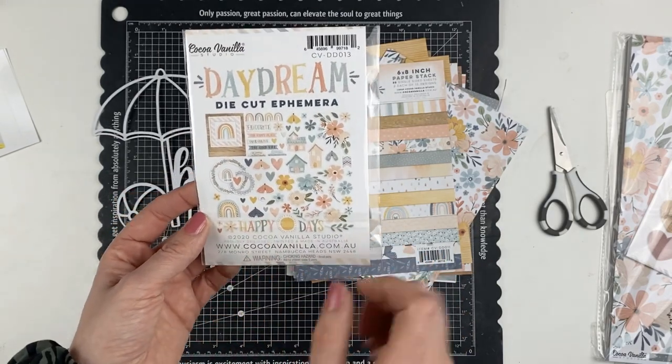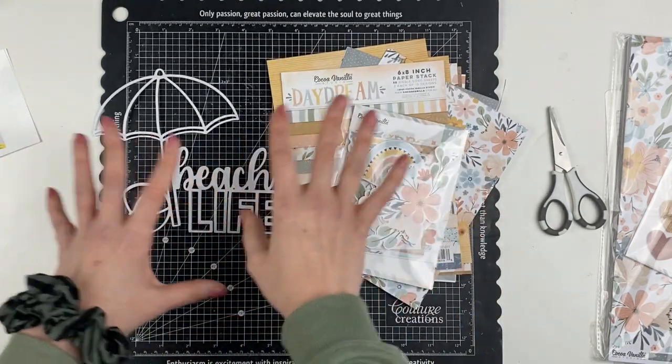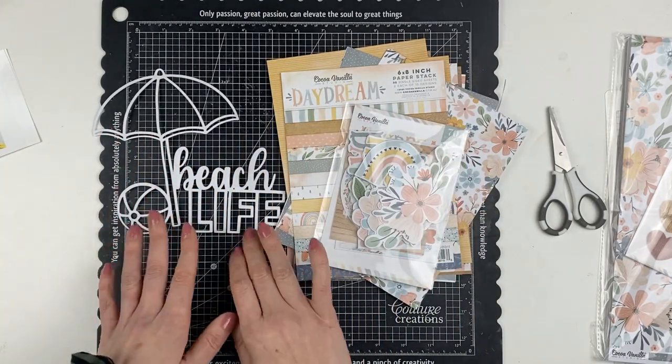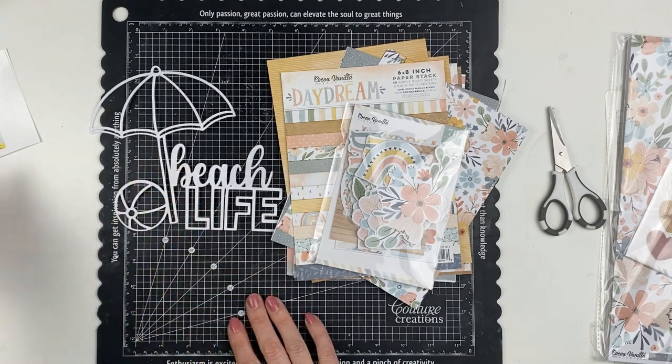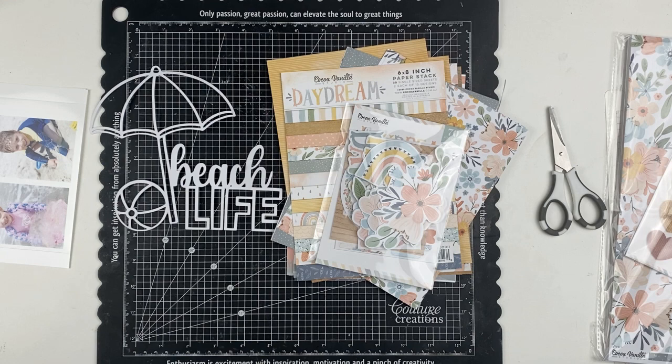So the rainbow has my heart. I know I would love to use that, but I just don't know what's going to fit with my overall design yet. This will be an 8.5 by 11 layout, and I'm trying a new camera today,